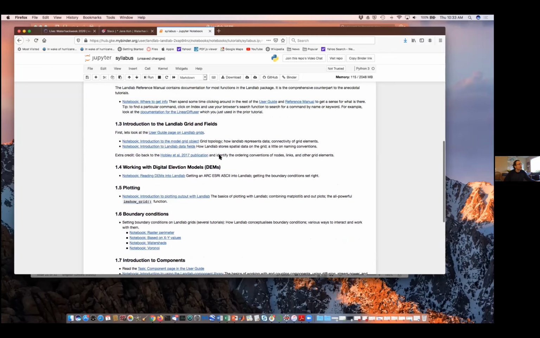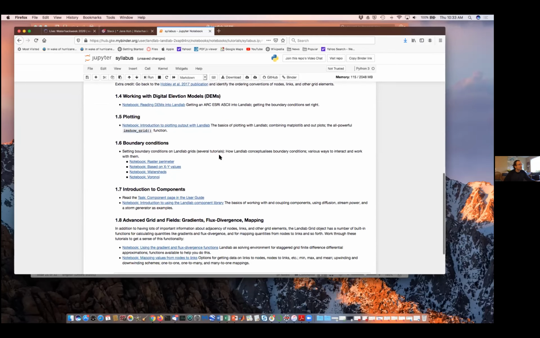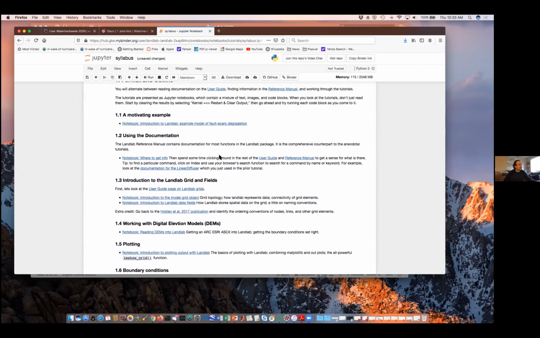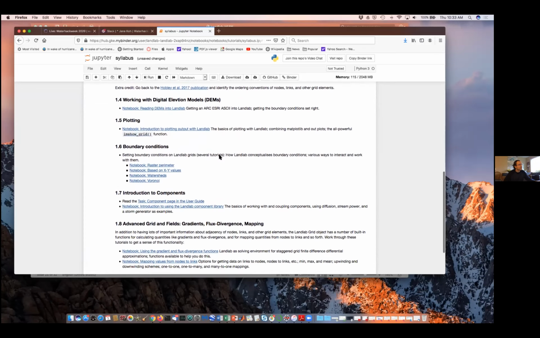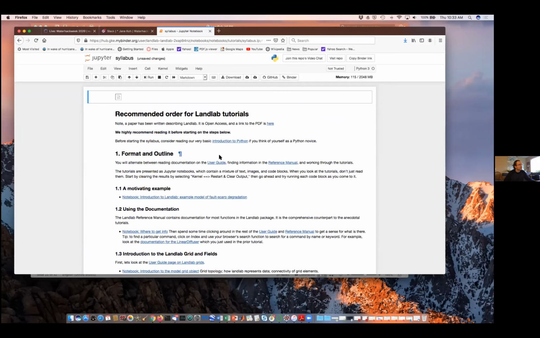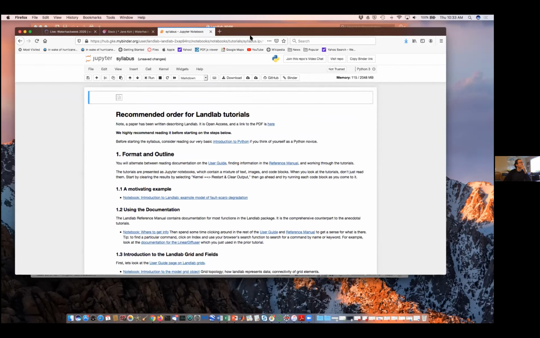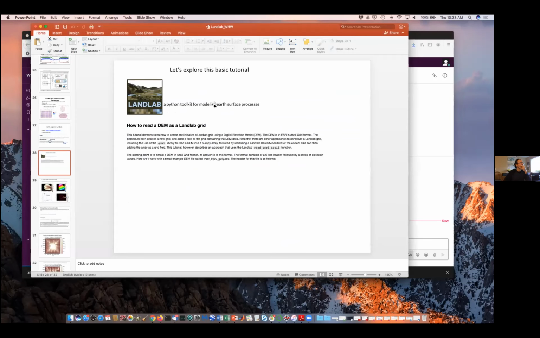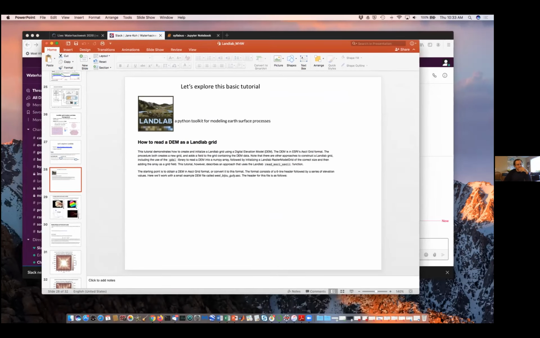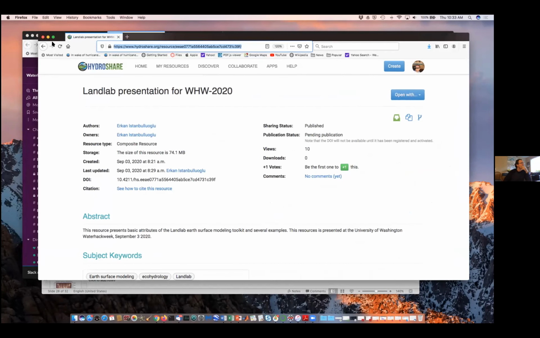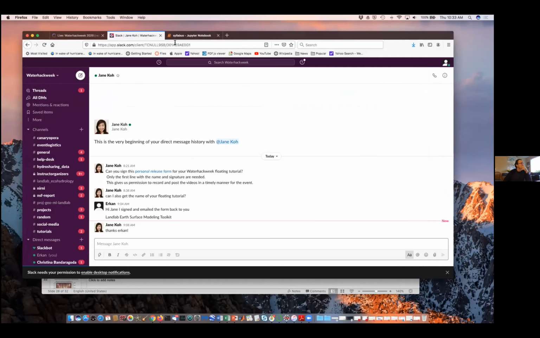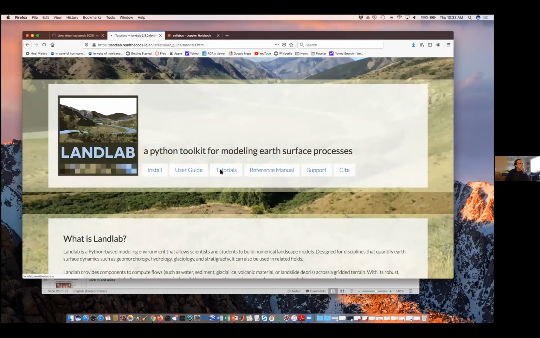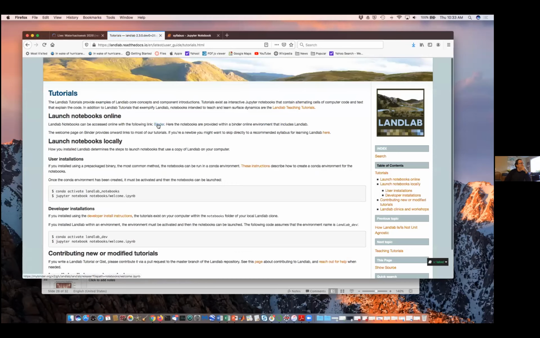Okay, so in this beginner tutorials, if you want to explore how to read a model from Landlab grid, then it would be, where is that? Was it in the other one? Sorry, I must have. I'm going to go back there again. Let's do